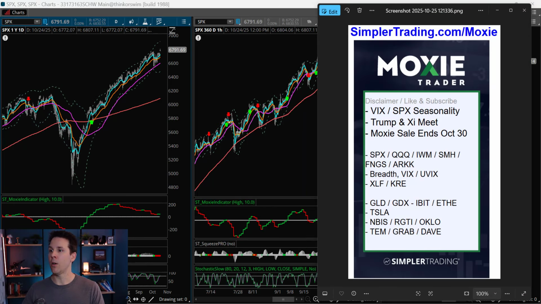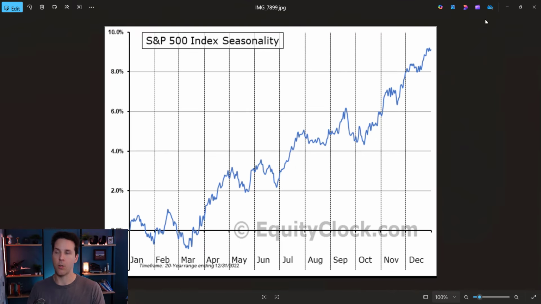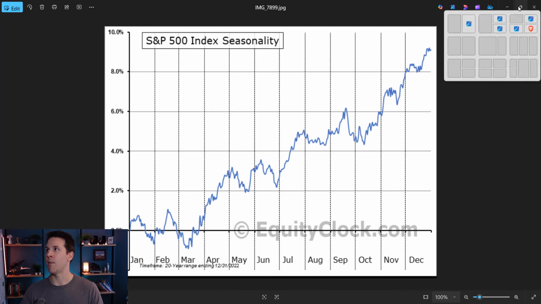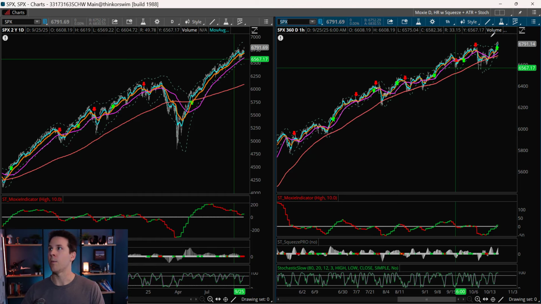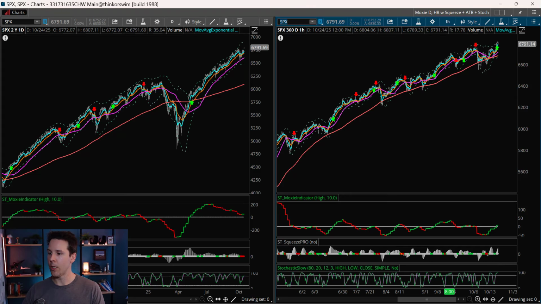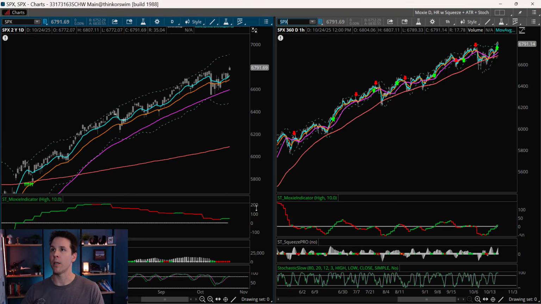And then if we come over here and we look at the seasonality, let's kind of look at this first, and then I'll see if I can put it side by side with the charts. Actually, this would just be so much better if I just have it right next to each other with the charts. Let me get this real quick for us. And then we do this one. So the thing that I'm seeing here, let's kind of zoom in a little bit further. There you go. That'll work nicely.